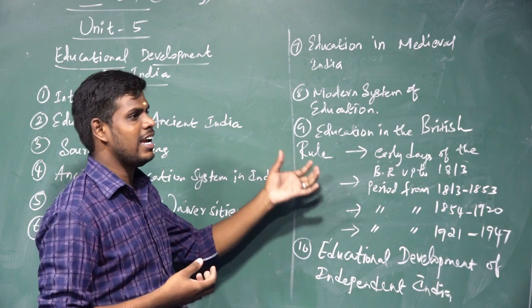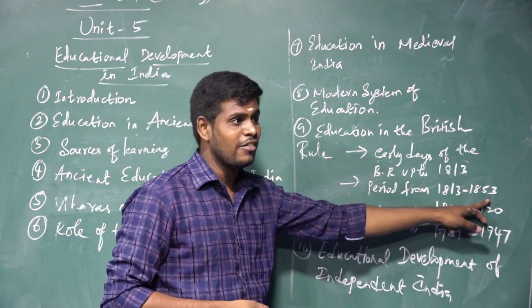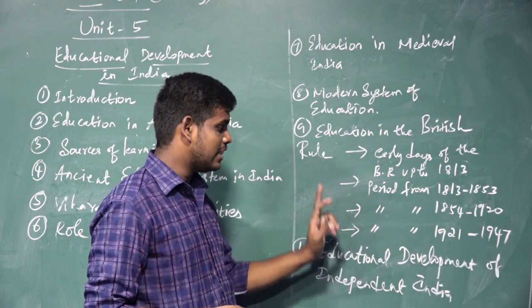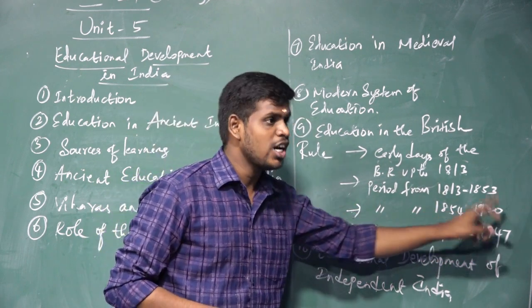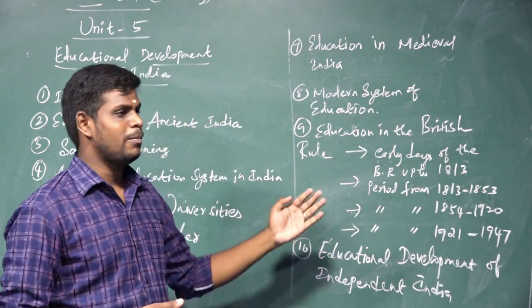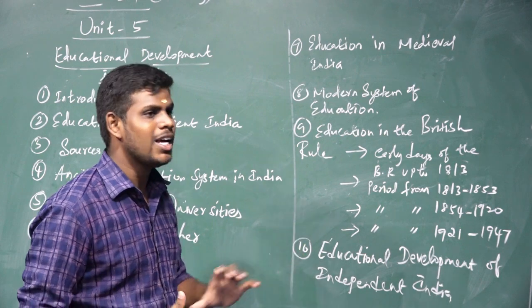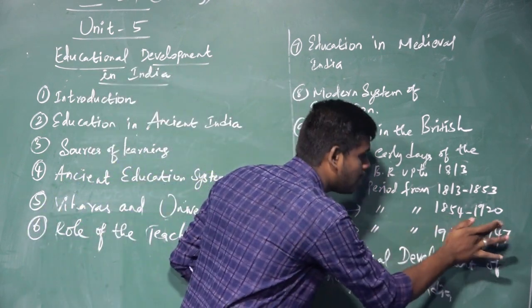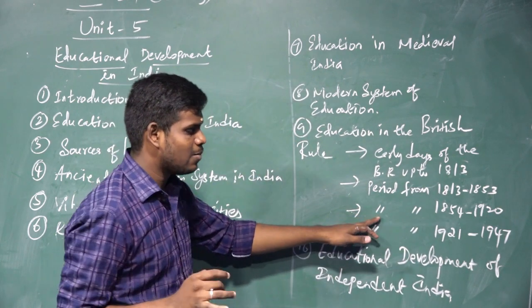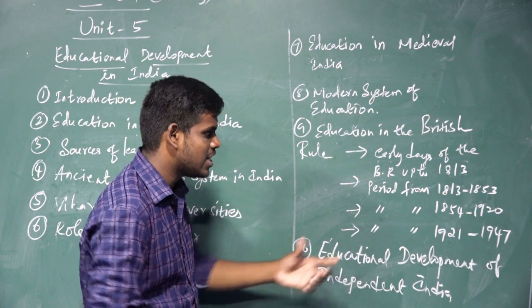But even then, controversies continued in the year 1854. Next, the third period, from 1854 to 1920. The third phase of British-influenced education may be called the period of All India Education. This period is called what more? All India Educational Policy. It commenced with Sir Charles Wood's dispatch in the year